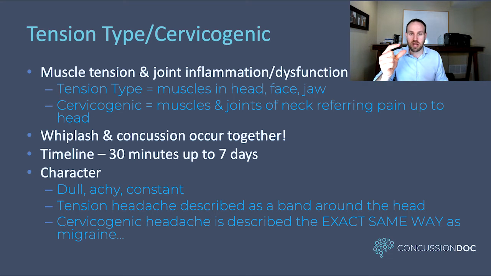But because of the overlap, that little miscommunication in your nervous system, that trigeminal cervical nucleus, you can have pain getting referred into the head where it feels like it's right here, but it's actually not right here, it's back here. And if nobody's going back here and everyone's looking right here, you're going to miss it, right? We're going to try and suppress the symptom and not deal with the root cause, which is actually somewhere back here. Right? And that's where it's important to really look at the underlying cause and understand the difference between these headache types.